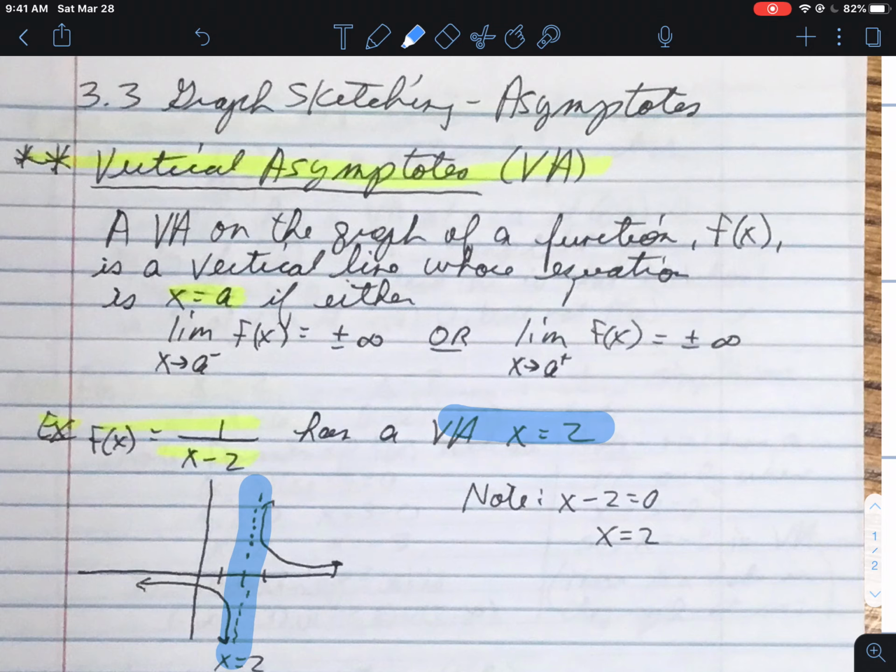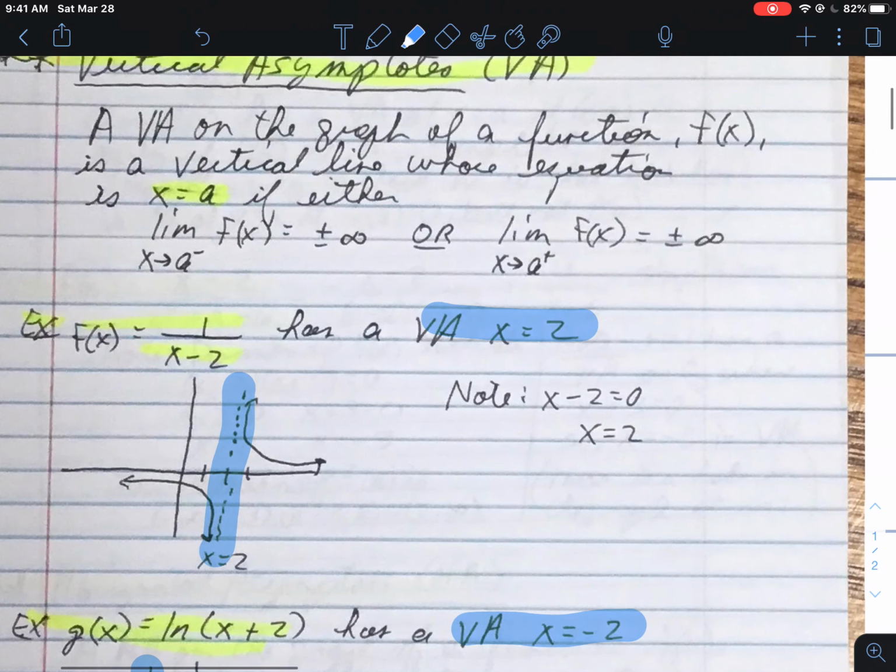equation is x equals a if either the limit as x approaches a from the left of f of x, or the limit as x approaches a from the right of f of x is either positive or negative infinity. Right, so if you look at the graphs of those two functions, as x approaches 2 in the case of our first example f of x, what happens to those function values? Right, the function's either going off to infinity as we approach 2 from the right, or